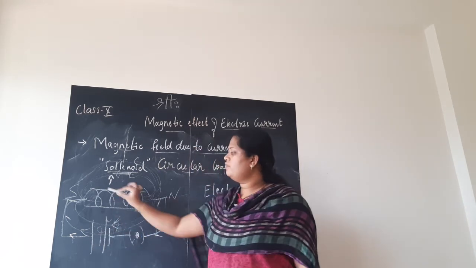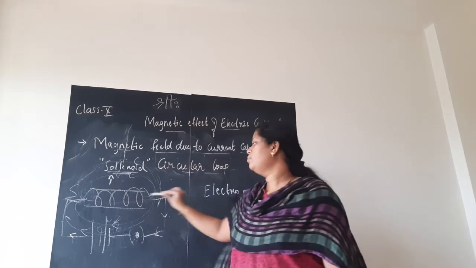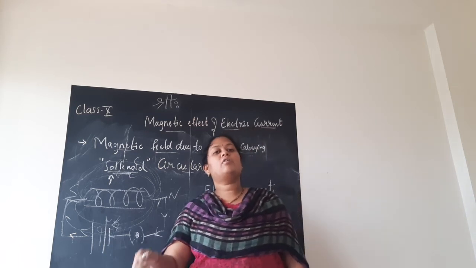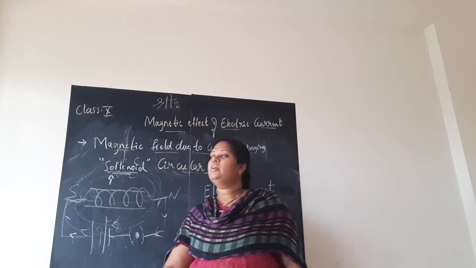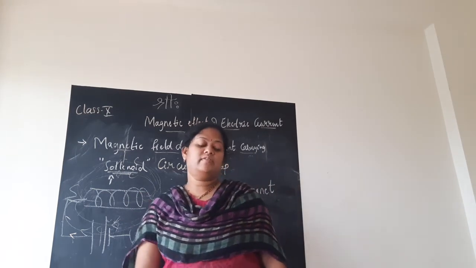Inside the solenoid, when we push a material like a soft iron core, it gets magnetized, and when you remove it out, it is no more a magnet. So such magnets are called electromagnets, which are temporary magnets, children. With regard to these two topics, let us quickly revise the textbook, whatever is given to you.